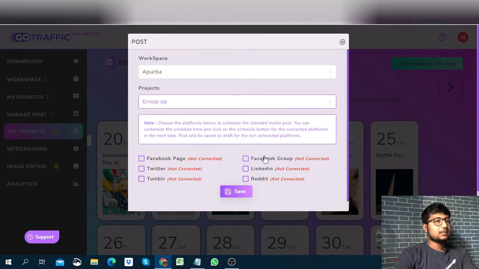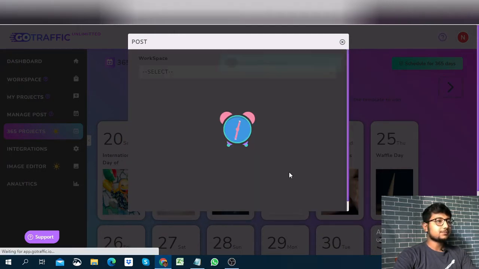I didn't connect my Facebook and my social media platforms, so there is no connection here. I can connect it here. Here you can select which platform you want to post your group up project to. So this is ready, and after that go to save.